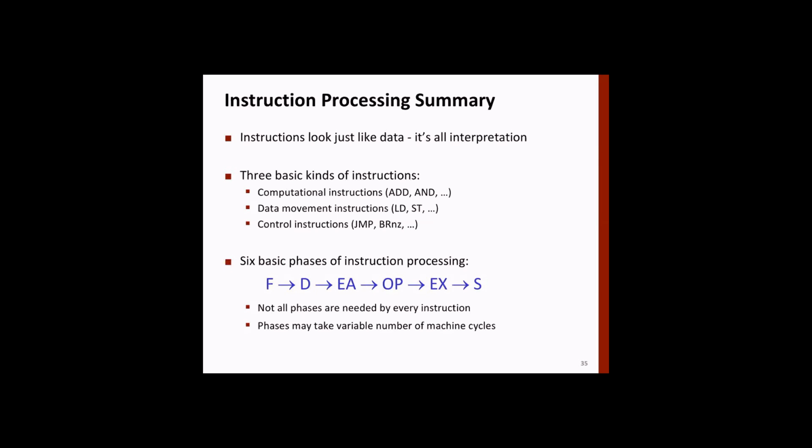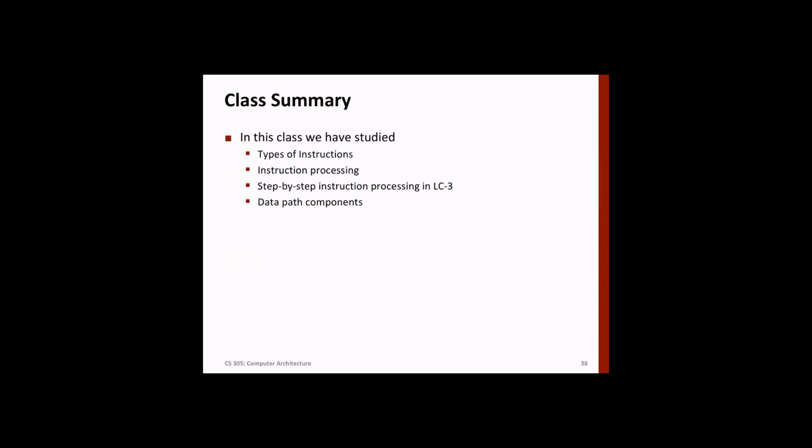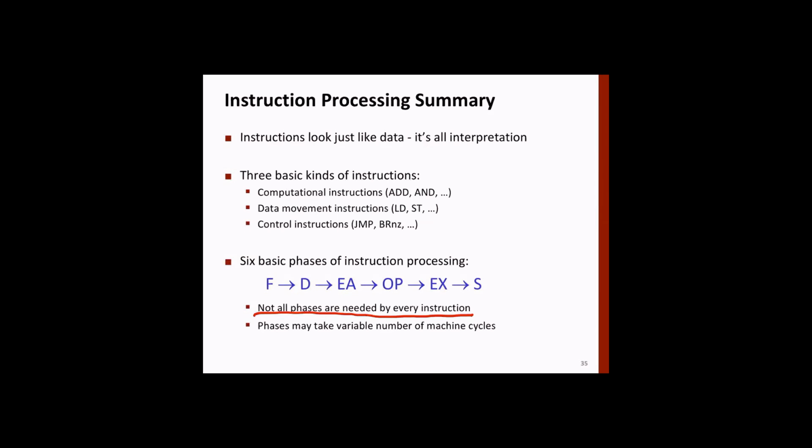And then this machine, or von Neumann machine, has 6 steps: fetch, decode, evaluate address, fetch operand, execute, and finally store. One thing we also discussed is that not all phases are needed for each instruction. Add will require only a certain number of steps, whereas load and store will require some other steps, not all 6 steps. But in general, these 6 steps define how all instructions can be executed.